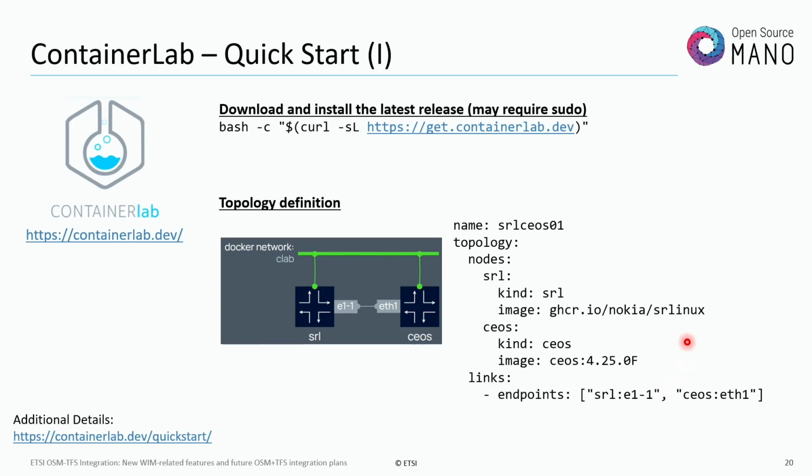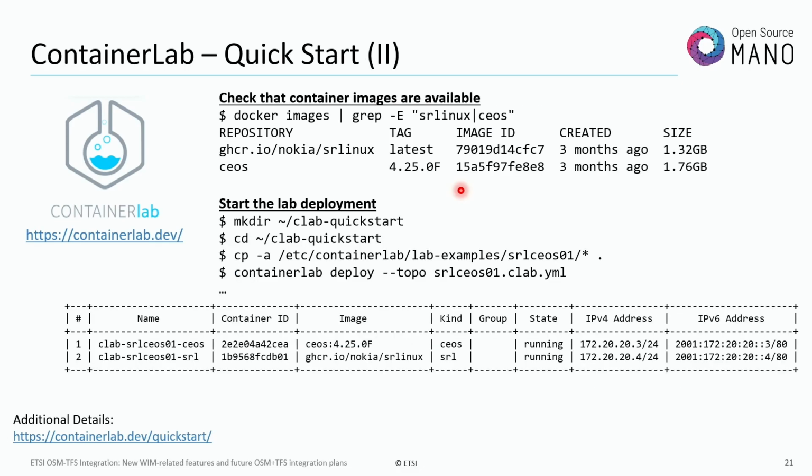I only want to show you that with a YAML-based topology descriptor, like this one, you see we are defining one node, another node, and the link connecting these two nodes. You create the topology, and it has also in parallel a management network. With this, then, you need to have for sure the images for the different network devices you want to use. You run this command here, the Container Lab deploy, providing as parameter the file, and after a few seconds, you get your devices up and running.